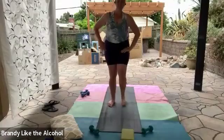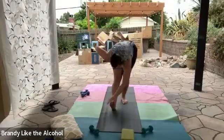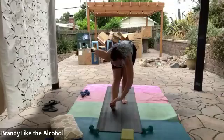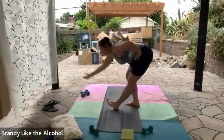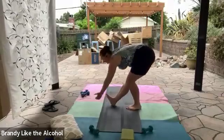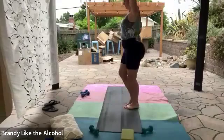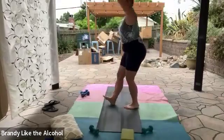And come on up. Opposite diagonal arm comes across. And come on up. And we could speed it up. Down and up. And down and up. And down and up. Again, modifications, you would leave your hands on your hips, maybe not go so far forward,